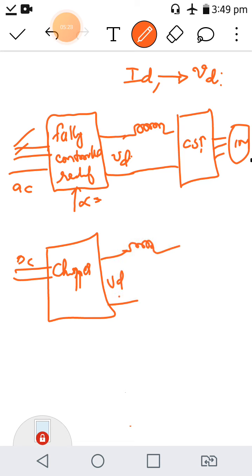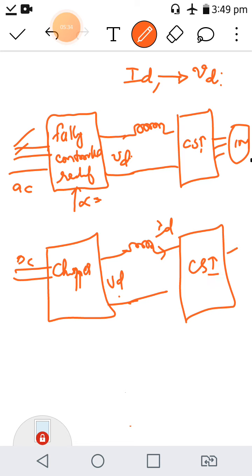Again, because of the current source inverter, you have to use an inductor to get that constant current, and its output is given to the CSI, and the output is given to the induction machine. So this is the other scheme if the input is DC. We studied a similar case for the VSI also: if the input was AC, what to do, and for DC, what things you need to consider.